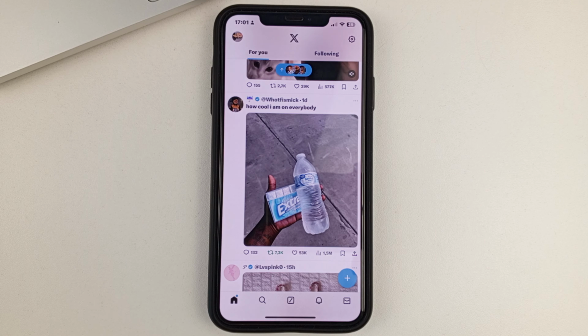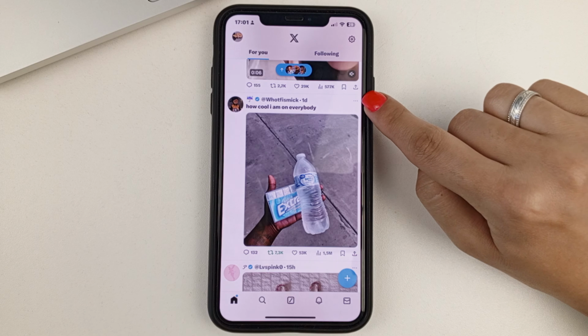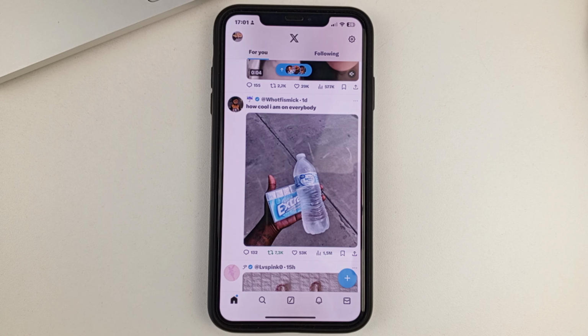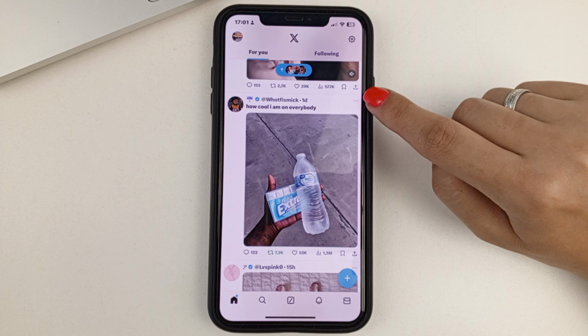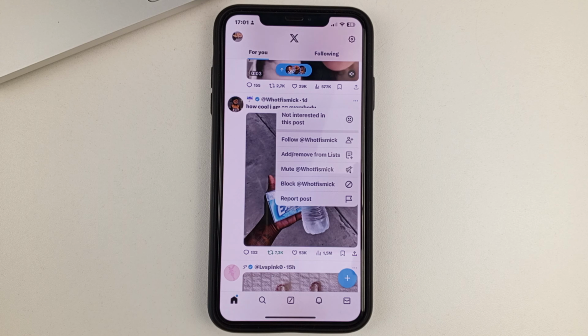To do this, find some post. Next, at the top of the post you will see such inconspicuous 3 dots. You'll need to click here. And down here at the bottom you can find the hidden replies feature. And if you click on it in this menu, you can see all the hidden replies right away, whether they're there or not.